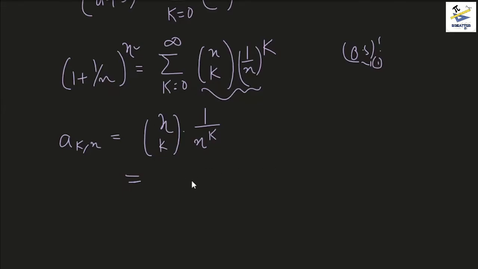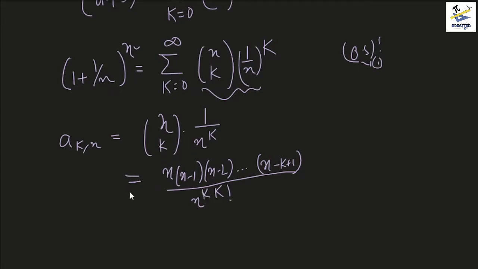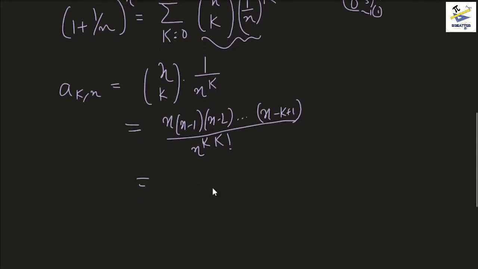Okay, so what makes sense is this: xck can be written as x into x minus 1 into x minus 2 and all the way up to x minus k plus 1 divided by k factorial. This is the expression, and you have a x to the power k extra in the denominator, which gives us the expression for this. And we are literally trying to find the limit of this expression right here, right? So one of the x's can be cut off obviously, and what we do get is this: